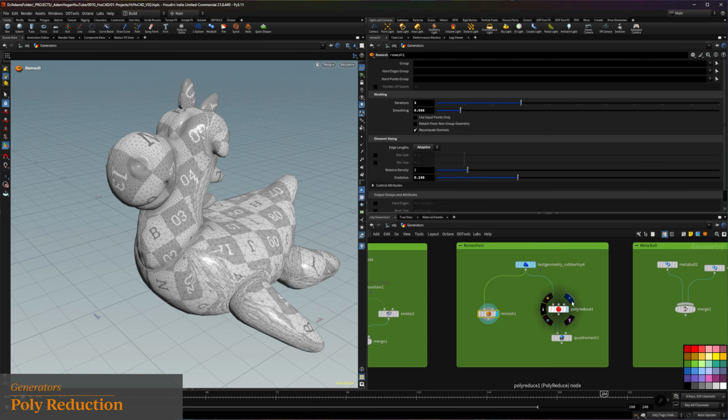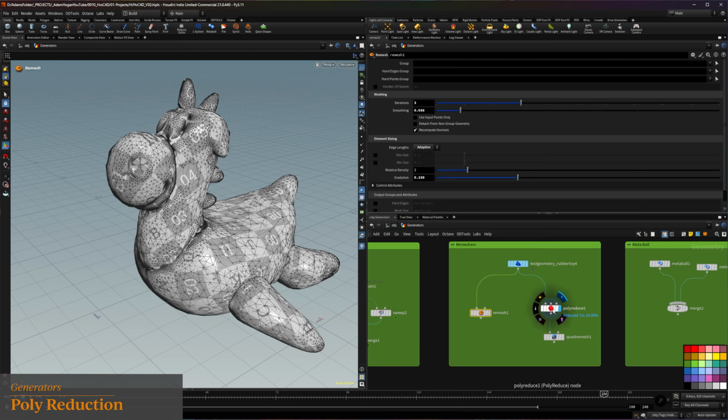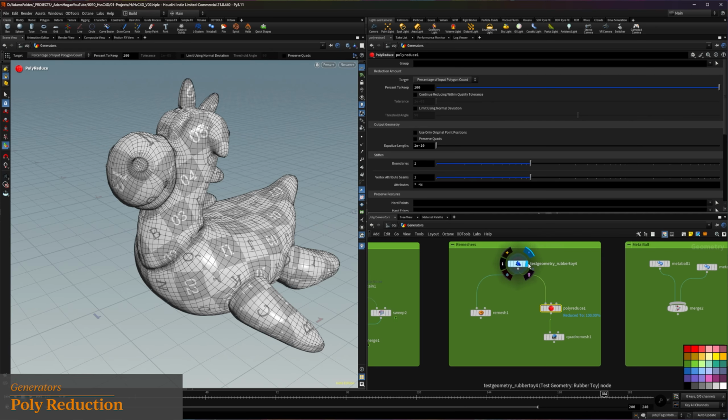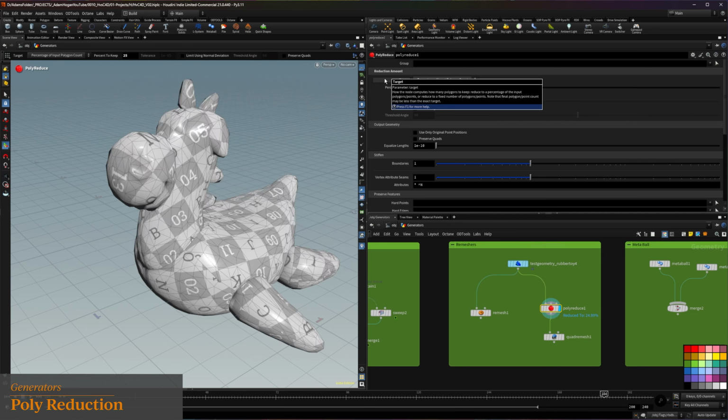And then we have another version of this, which is PolyReduce, which does kind of what you think. And it's not too dissimilar to Remesh, but it's more about just polygon reduction for maybe level of detail or something like that. And here I've got it just keeping 25%. So if I go 50, it's going to be more detailed. If I go 100, this is going to be no change. So let's bring it back down to 25 because I then want to show you the next one, which is